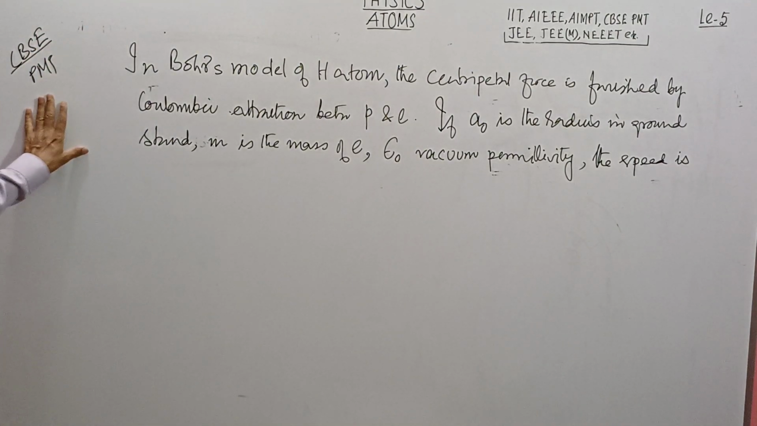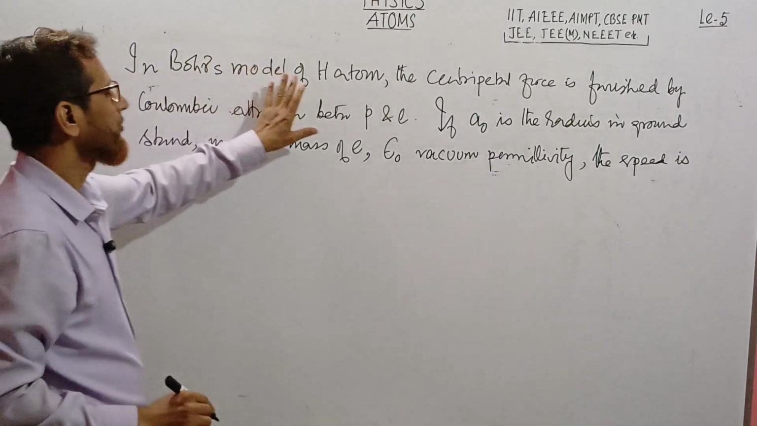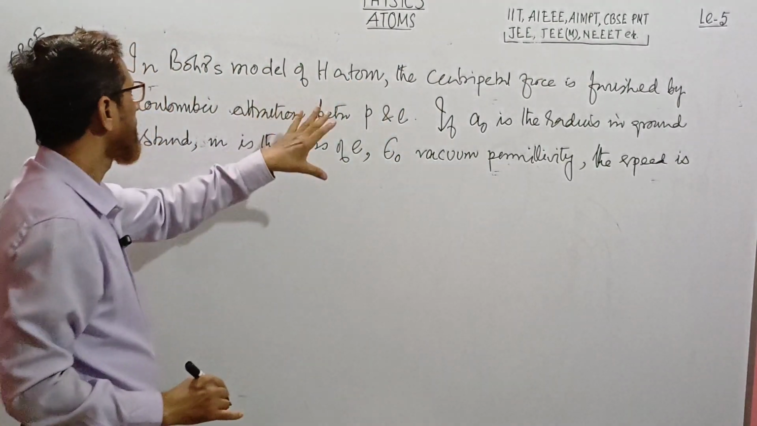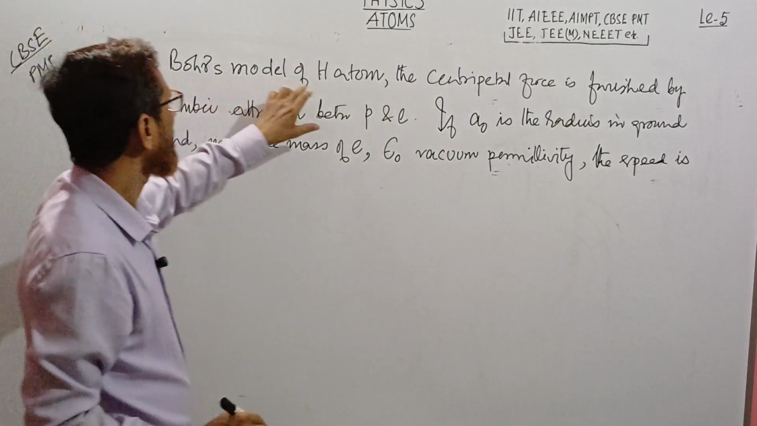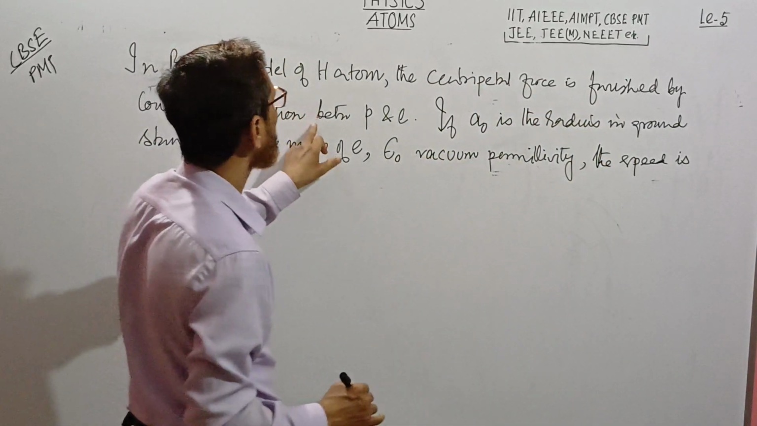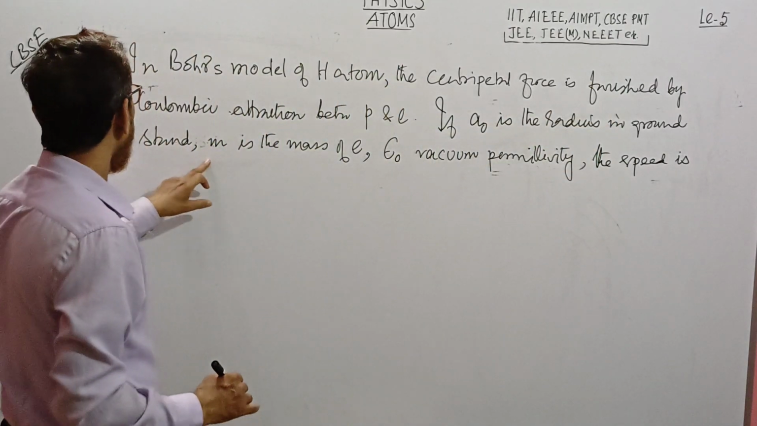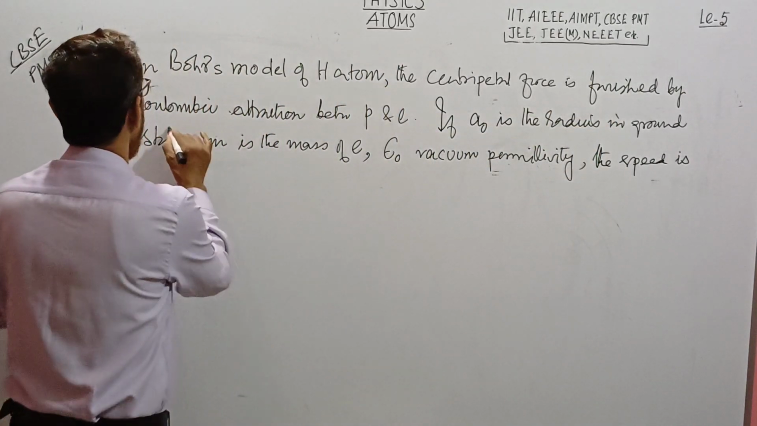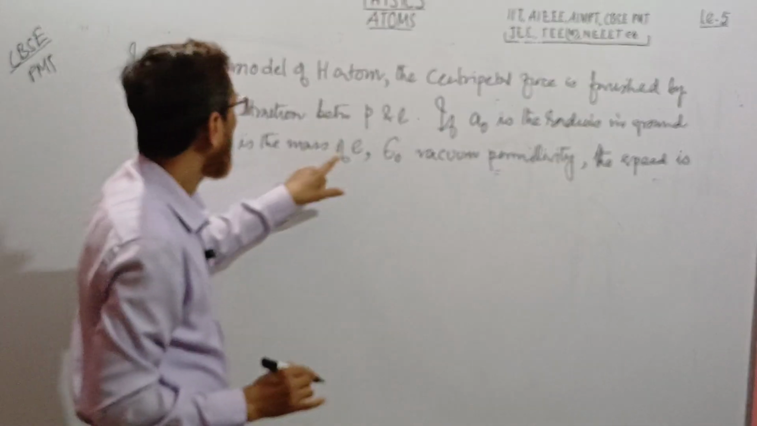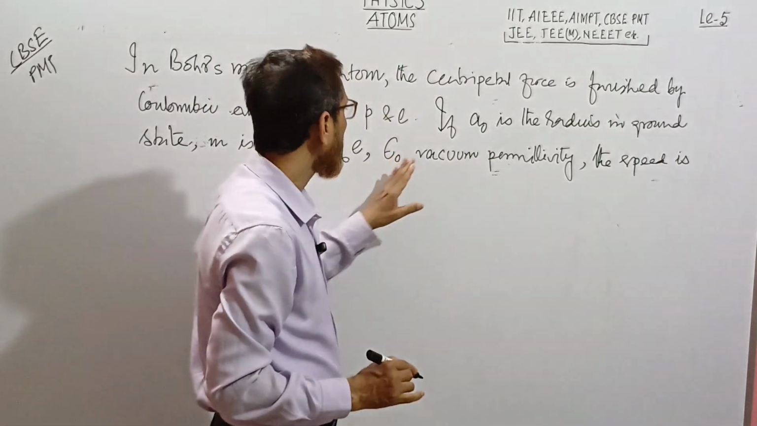The question was asked in CBSE PMT. Let us just go to the questions. In Bohr's model of hydrogen atom, the centripetal force is furnished by the Coulombic attraction between proton and electron. If a0 is the radius in the ground state, m is the mass of electron, e is the charge of electron, epsilon naught is the vacuum